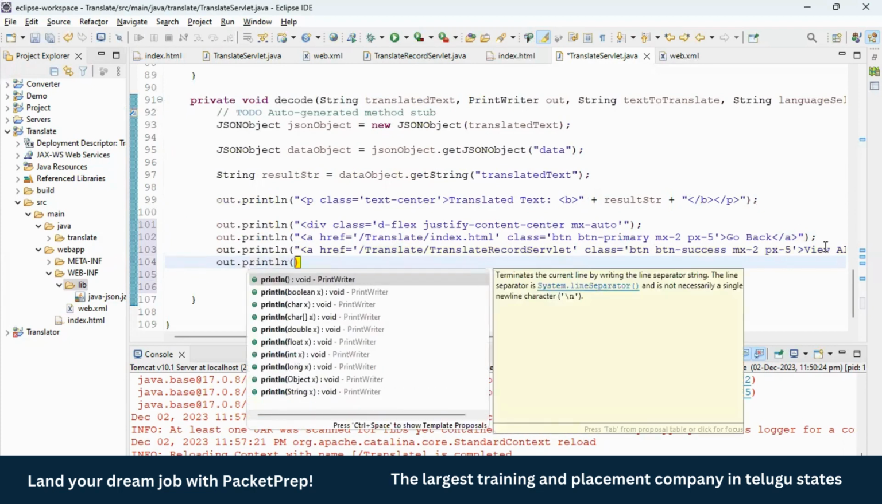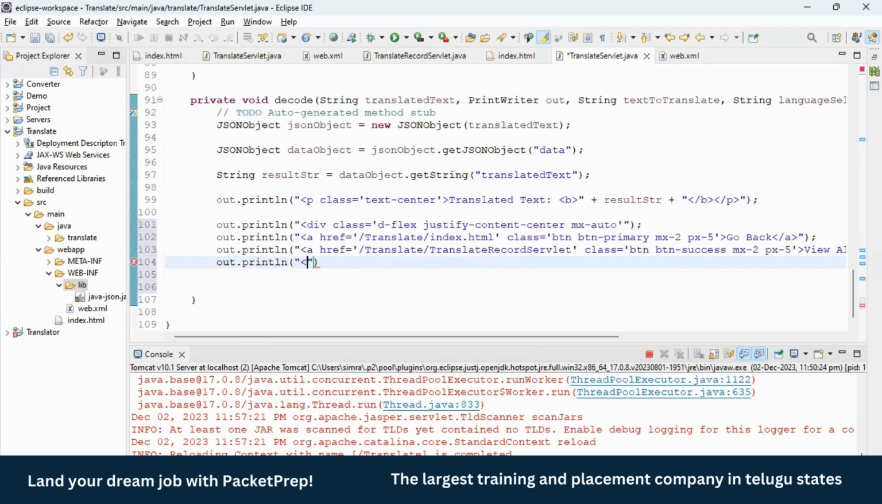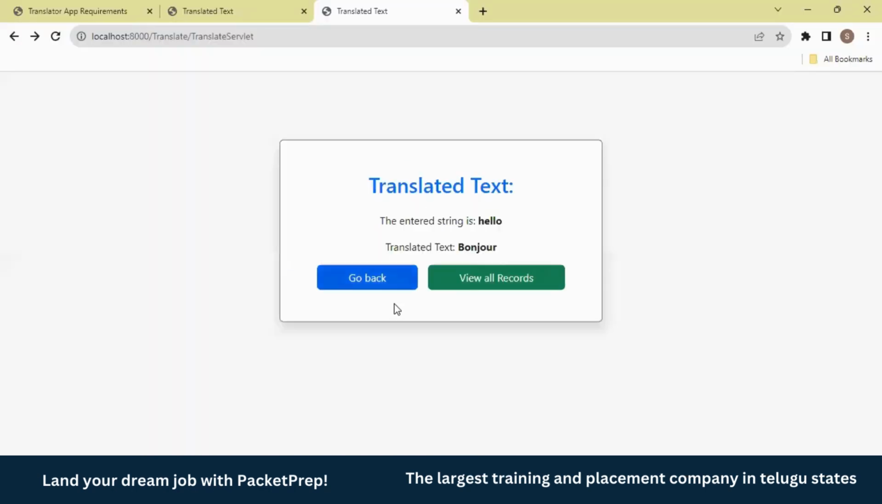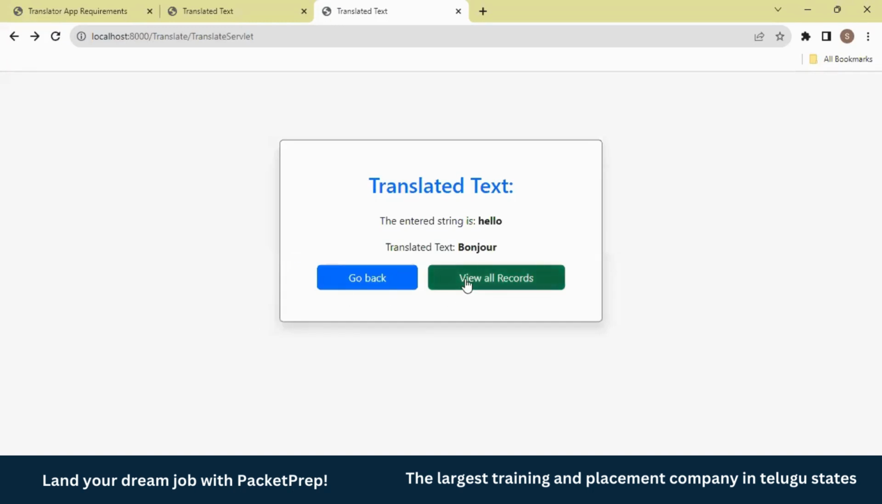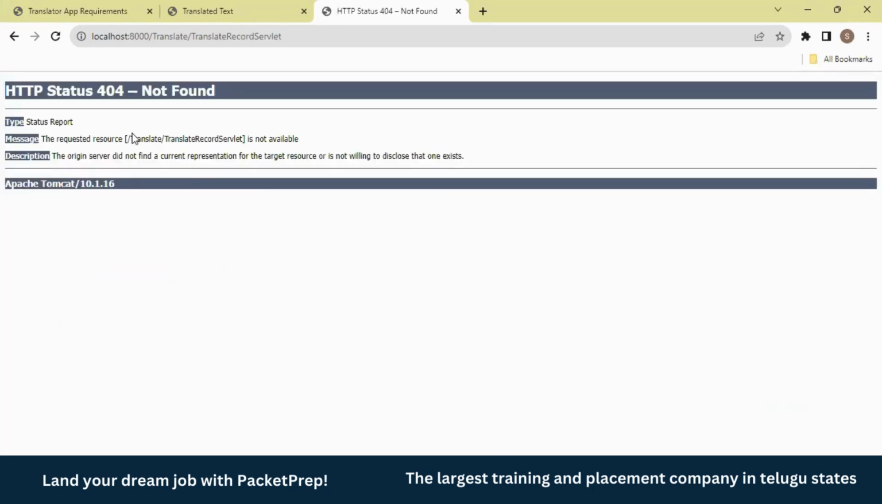Out.println. Now this one is added. Now it's done. So if I click on go back, it will go to the index page. Now here I can enter something and I can go and check. But if I click here, it will show an exception, since we have not created any servlet with this name. Okay, so now with this servlet, we'll basically deal